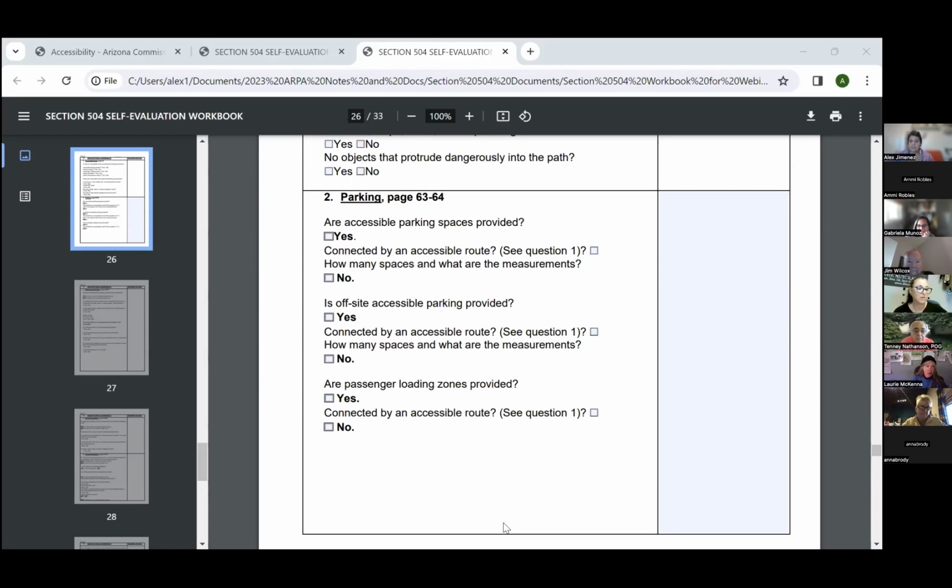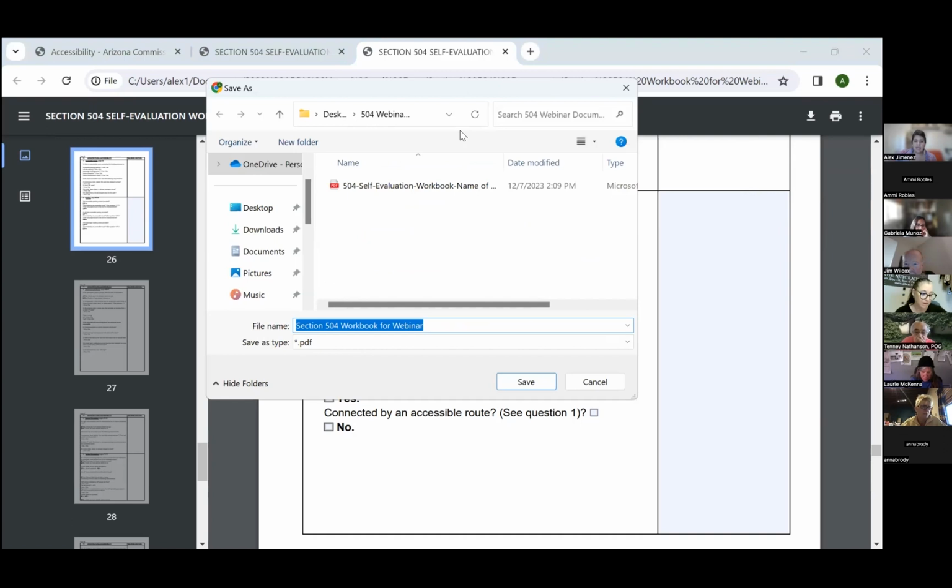Ah, good idea. Yeah, so I'm in Google Chrome, but it'll probably be similar for Edge or Safari. When I click, I can answer things here. I click the download and it'll ask me if I want to download with my changes, and I'll click with my changes. And then I'm going to save it as Section 504 workbook for webinar. That's what I'm calling mine, but you're going to save it as